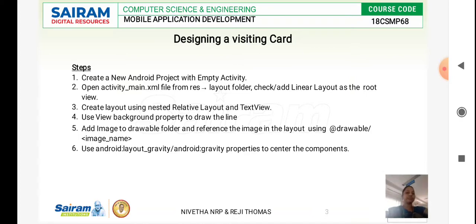Next, you can open an activity main XML file. This is the actual file where your program is converted into an executable form and your application gets run. You can run your application using this activity main XML file. We are going to code the file as per our needs.